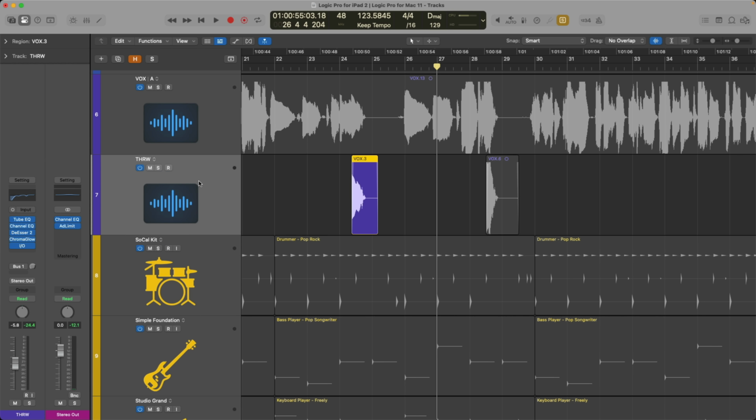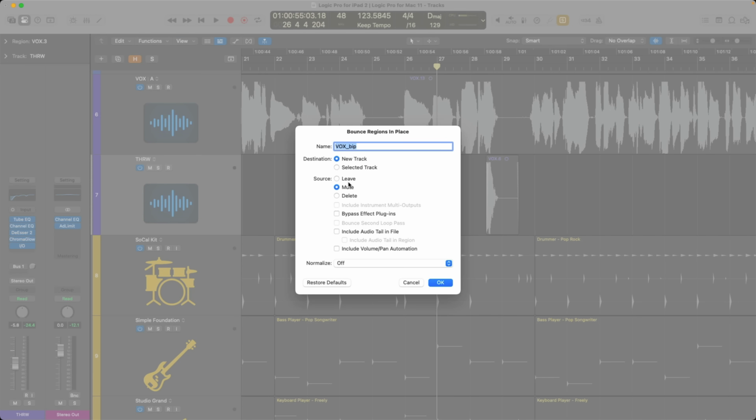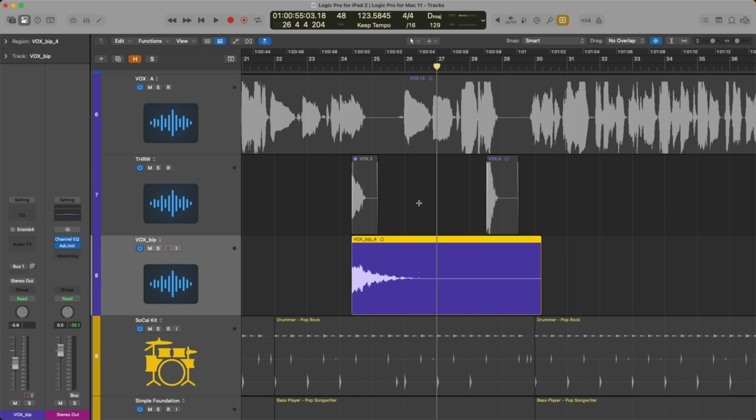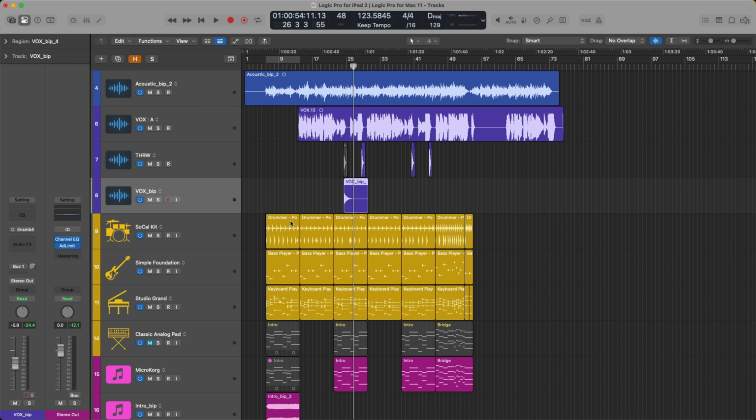right? So I want to, again, be able to bounce this in place. So let's bring up the bounce dialog for the region or for the track. In this case, I'll include the audio tail. Check it out. And there we have it. Brilliant. Another new feature in both versions is that you can now route MIDI internally in your projects to other